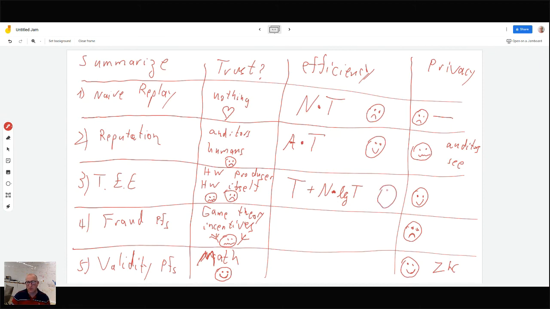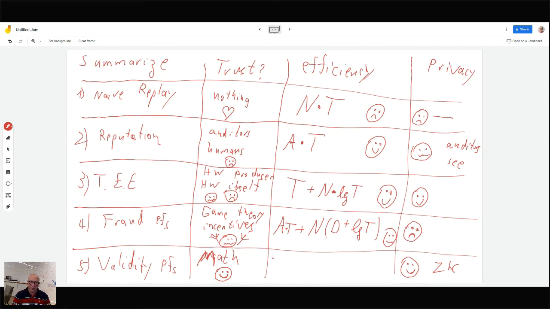So I'd say we're also pretty happy. Logarithm of a trillion is a pretty small number, so it's not that bad. I mean, we're slightly less happy, maybe. In both of them, we're pretty happy. In the fraud proofs, we have A times T because all the auditors have to run it. And then the rest of the users have to read the data and process, log T in case of a fraud proof. So it's slightly worse than the previous two things, but let's put a moderate smile, a smirk.